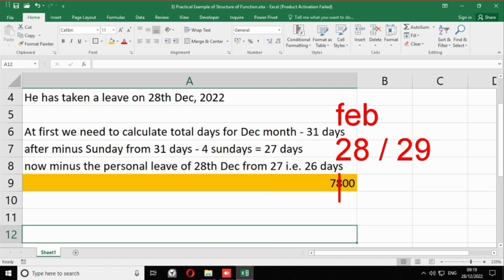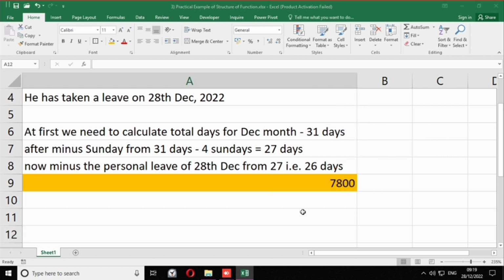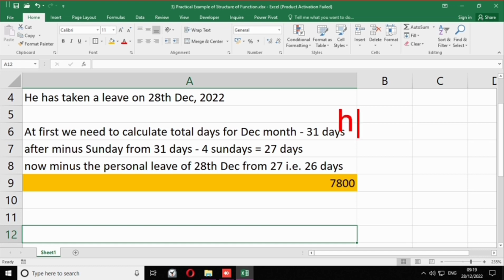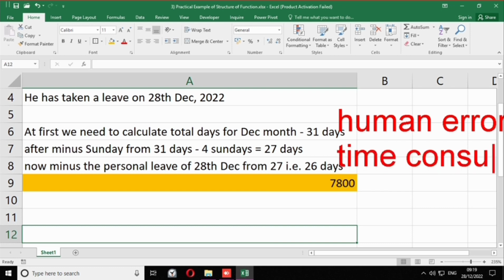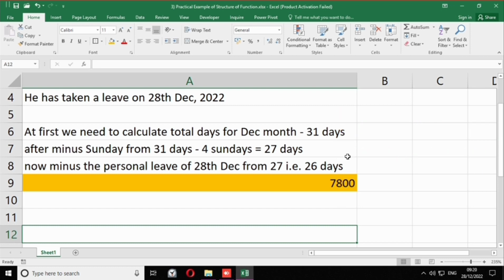So the possibility of human error is larger there. So in order to avoid these human errors and to avoid the time consumption, we need to solve this example using a practical function.